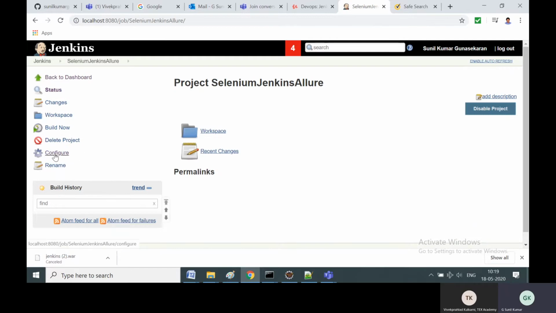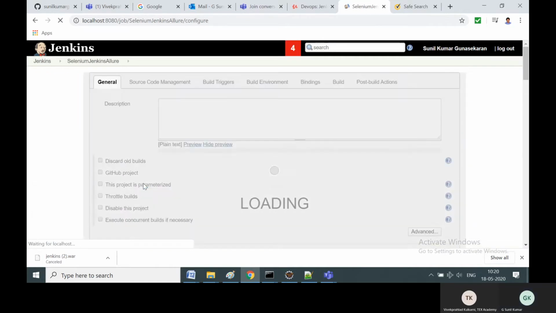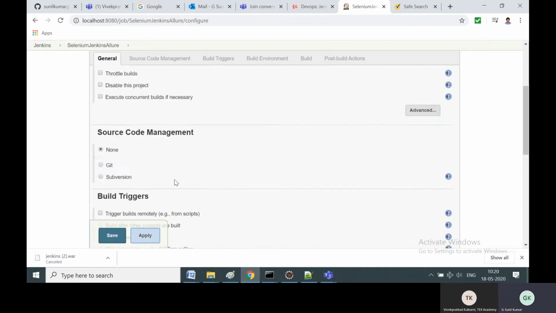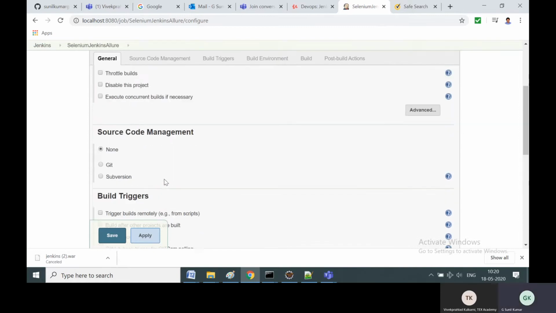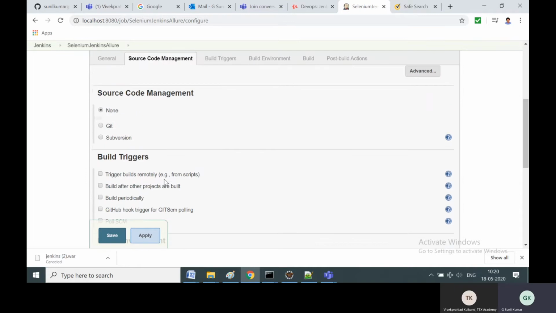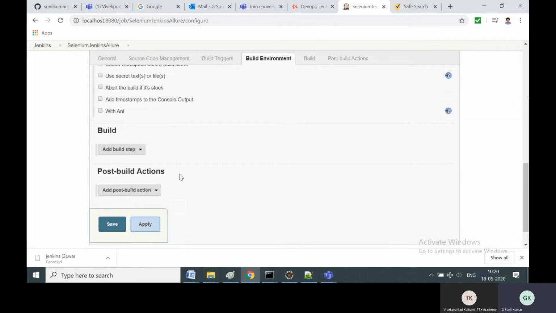Now we can go ahead and update the configuration. This is the next crucial step. Once we set up the foundation, that is global tool configuration, manage plugins, and we have the GitHub project ready in the repository, we have created a new project and saved the default configuration. Now we are going to click configure. These are the critical steps I'll show you. There are 3-4 items in the project configuration.